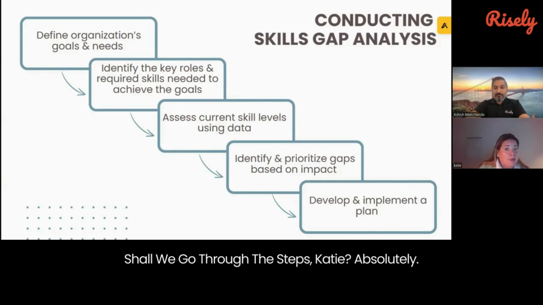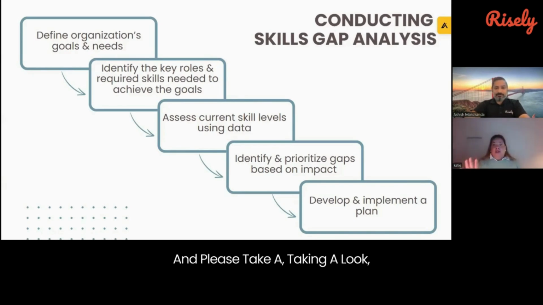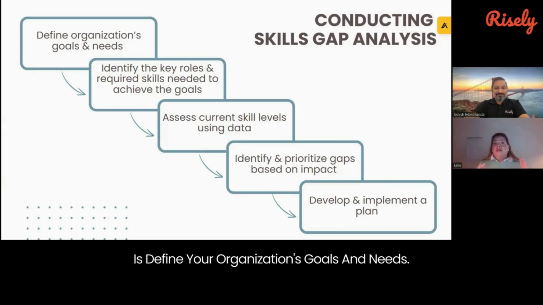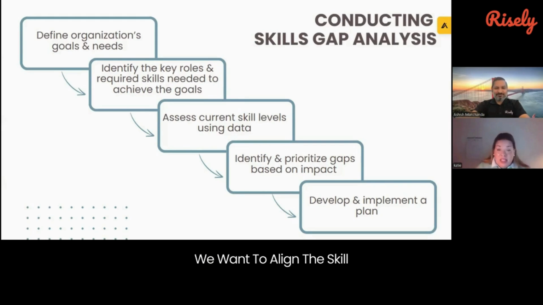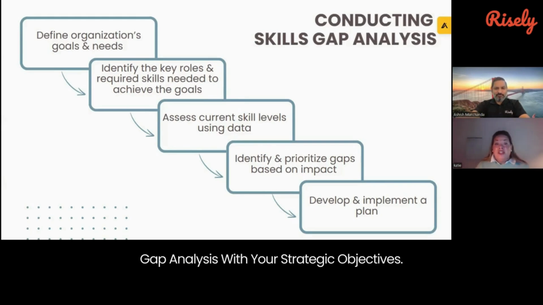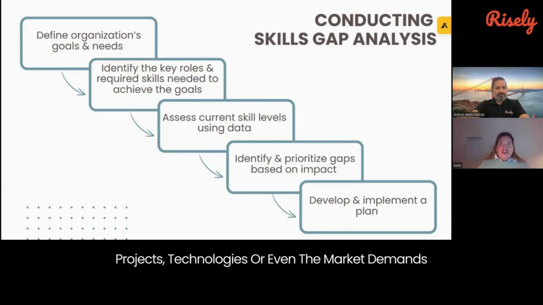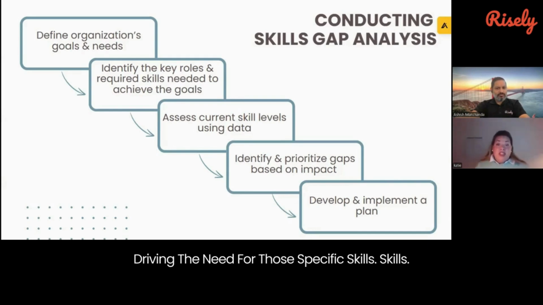Shall we go through the steps, Katie? Absolutely. I think it's really important. And please, everybody, take a look at using this step by step. First thing I want you to do is define your organization's goals and needs. We want to align the skill gap analysis with your strategic objectives. You can do this by identifying upcoming projects, technologies, or even the market demands driving the need for those specific